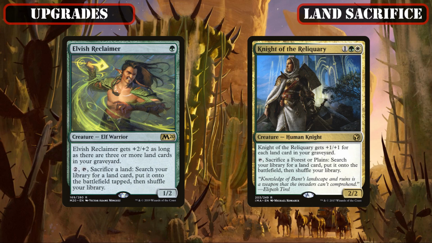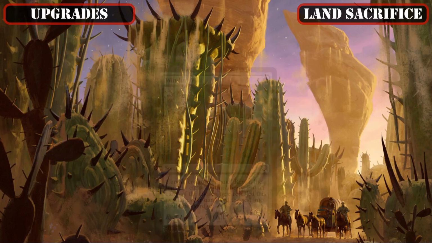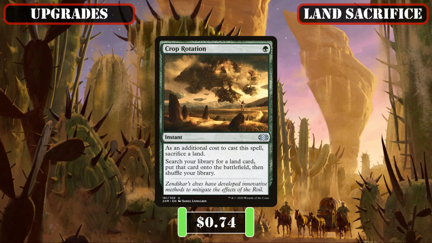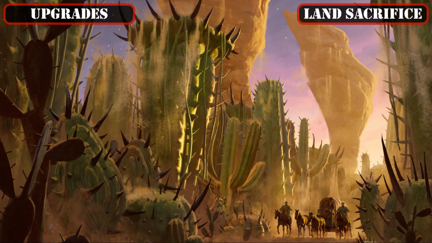our lands to immediately replace them with any land from our deck to not only continually proc our self-land sacking and landfall payoffs, but also to let us tutor up our deserts directly into play to set up Yuma's token creation as well, replacing Winding Way, which is an okay way for us to dig for creatures or lands, but again runs the risk of hitting non-recurrable spells in doing so, with Crop Rotation, which functions as another land sacking land tutor to get us even more deserts into play cheaply and reliably while proccing our payoffs, exchanging out Thrilling